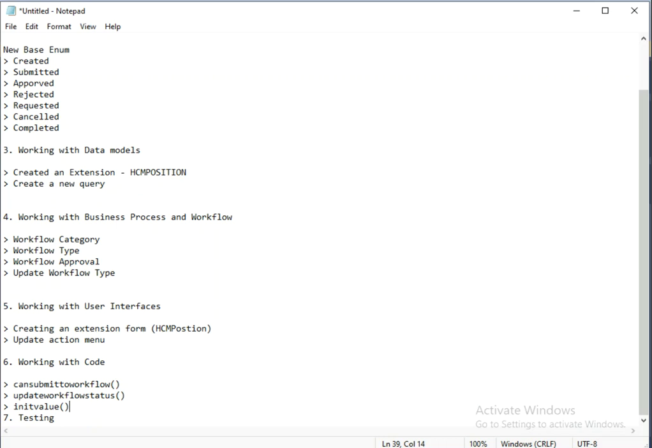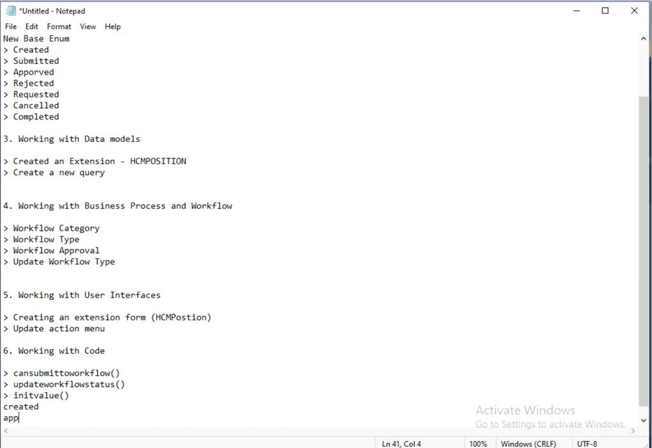The next one is update workflow status. We are enabling it by putting conditions: if both the RecId and the workflow status field are created, then the workflow status will update. And then the int value method will call the sequence. If it is created, then it will go to the approval process,